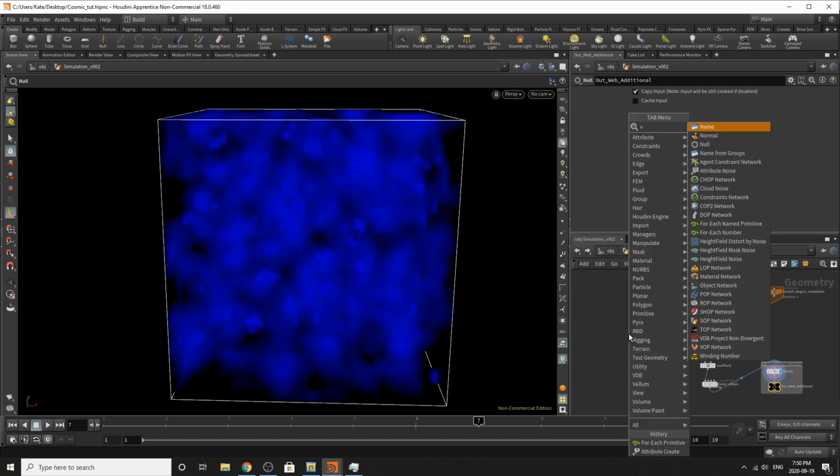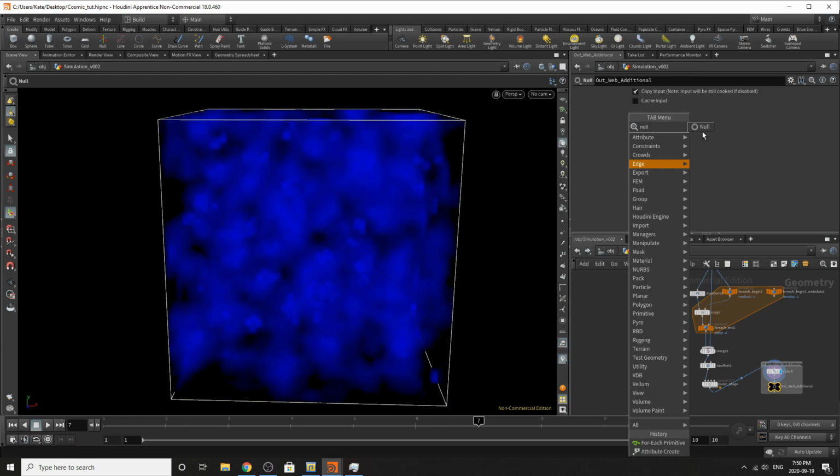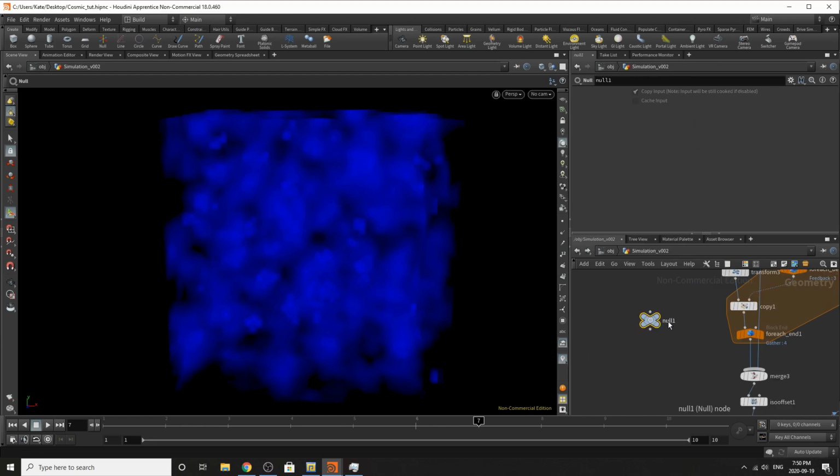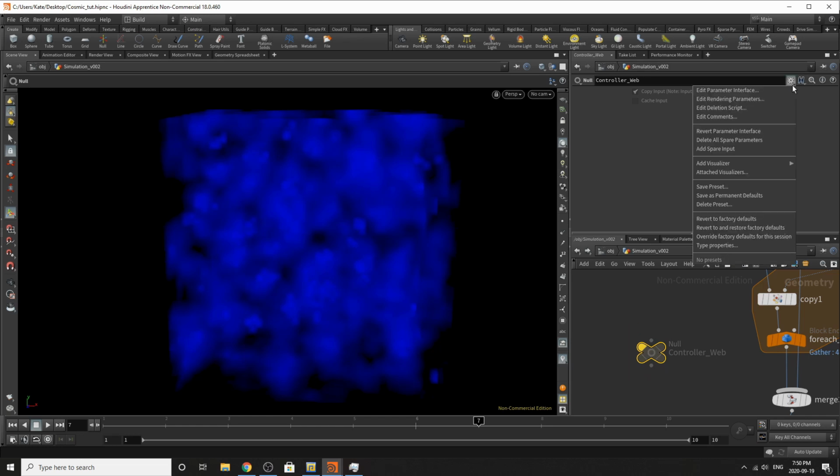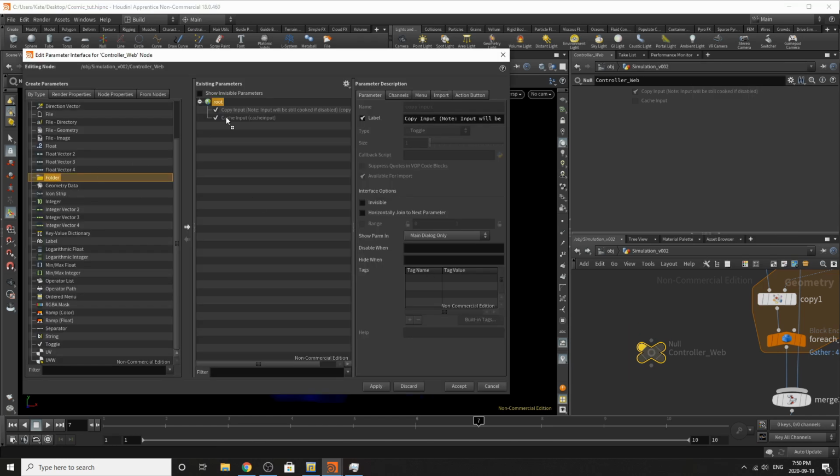So if we added a null for our controller, because we want to control these values, right? So we're going to go controller web once again, and color that a different color so we can grab it. Parameter interface folder,